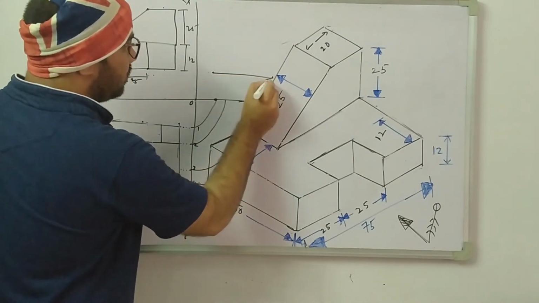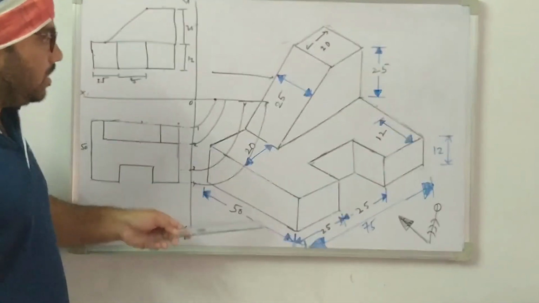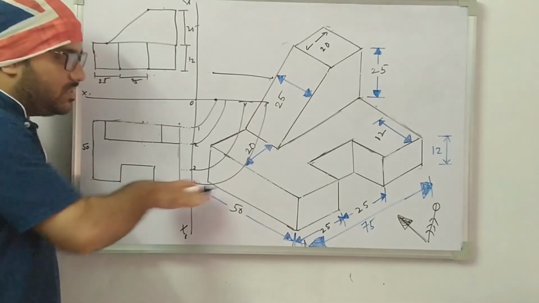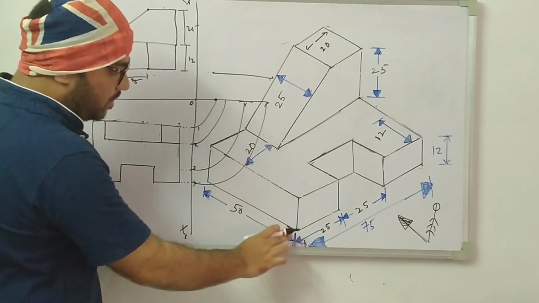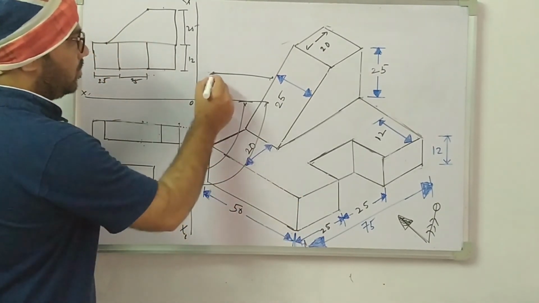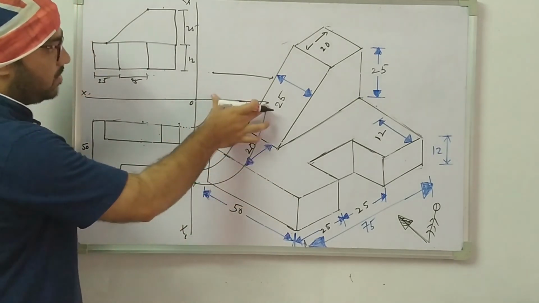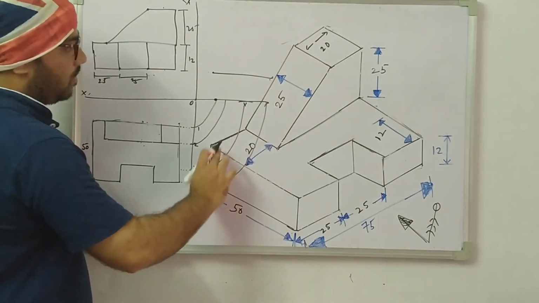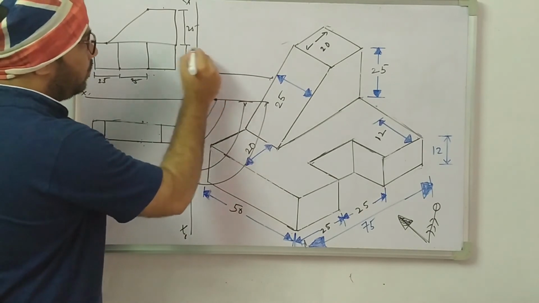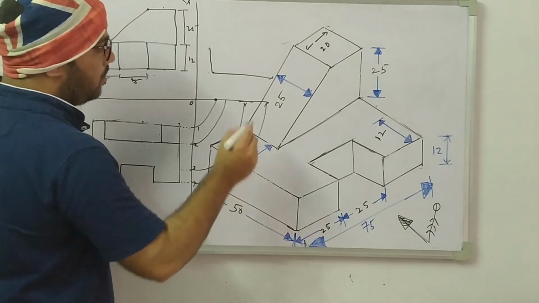So in the side view, I am going to construct the width and the height. Now I am watching from this side, I can see this box. What is this box? 50 into height. How much is the height? 12. This is already 50, whatever the 50 is there, it is transposed here, and this height is 12. Simply from here onwards, the height is 12, and draw the box.